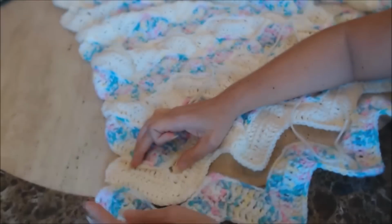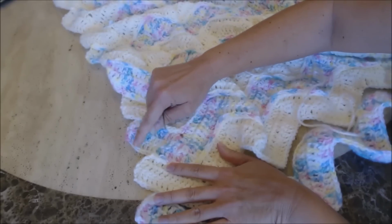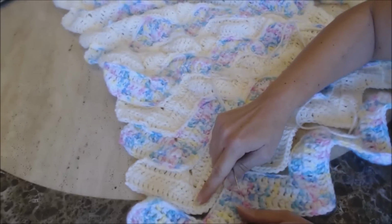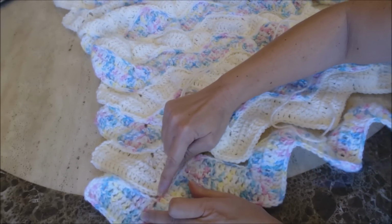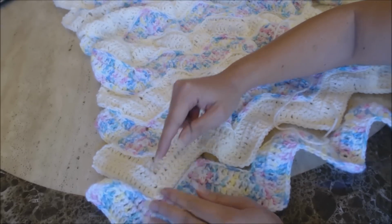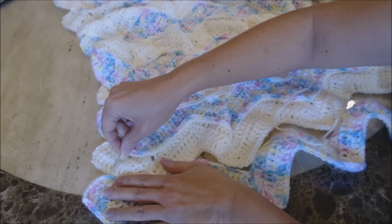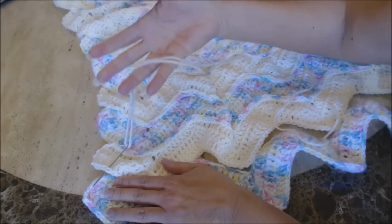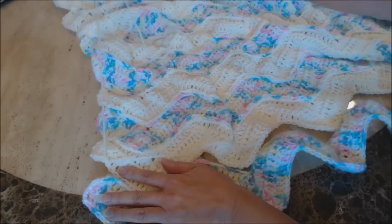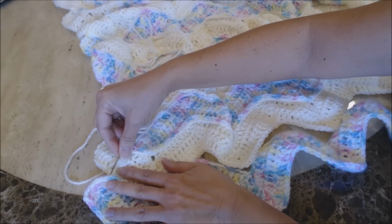So then once you have it lined up, it's not going to match up exactly to the end, there's always going to be a little bit of a gap, so you just want to line up the peak of the one side with the valley on the other side. And then once you do that, you take your tapestry needle, and in this case I'm using my antique white yarn, and I'm just going to sew the 2 pieces together. Make sure that you leave plenty of loose yarn end for burying into your work, and then you're going to grab the edge